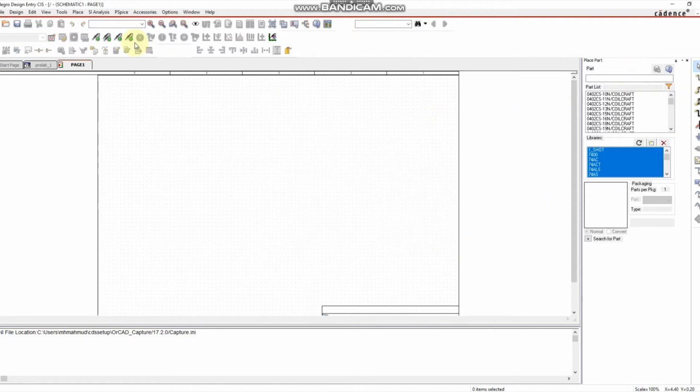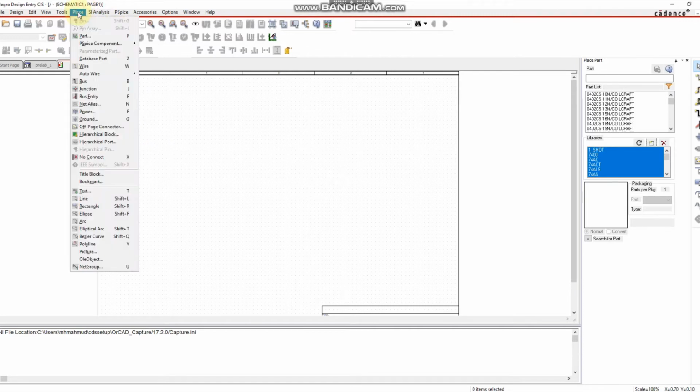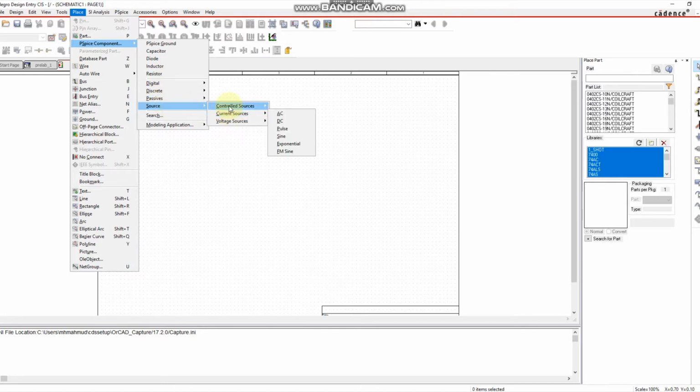Now there is another option that you can use for simpler circuitry, like if you want to have only one voltage source, resistance, capacitor, or inductor, not more than that. You can go to the place, then PSpice components, and then from there you can select capacitor, diode, inductor, resistor, and different kinds of sources like controlled source, current source, voltage source, etc. So let's start with your